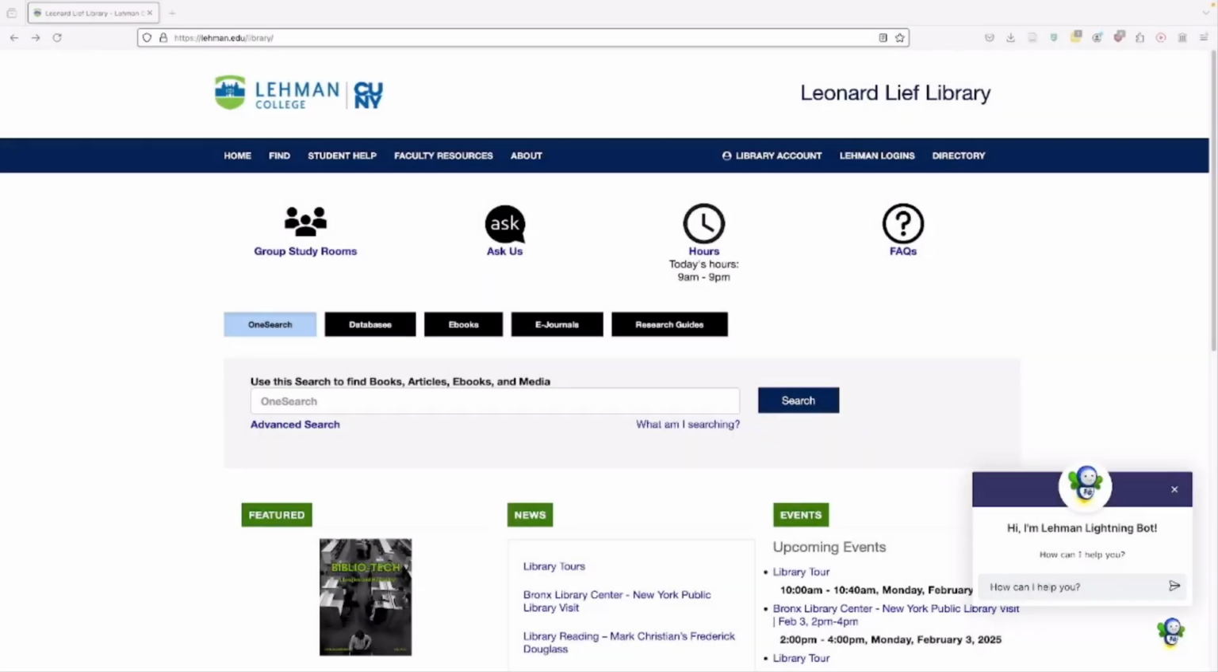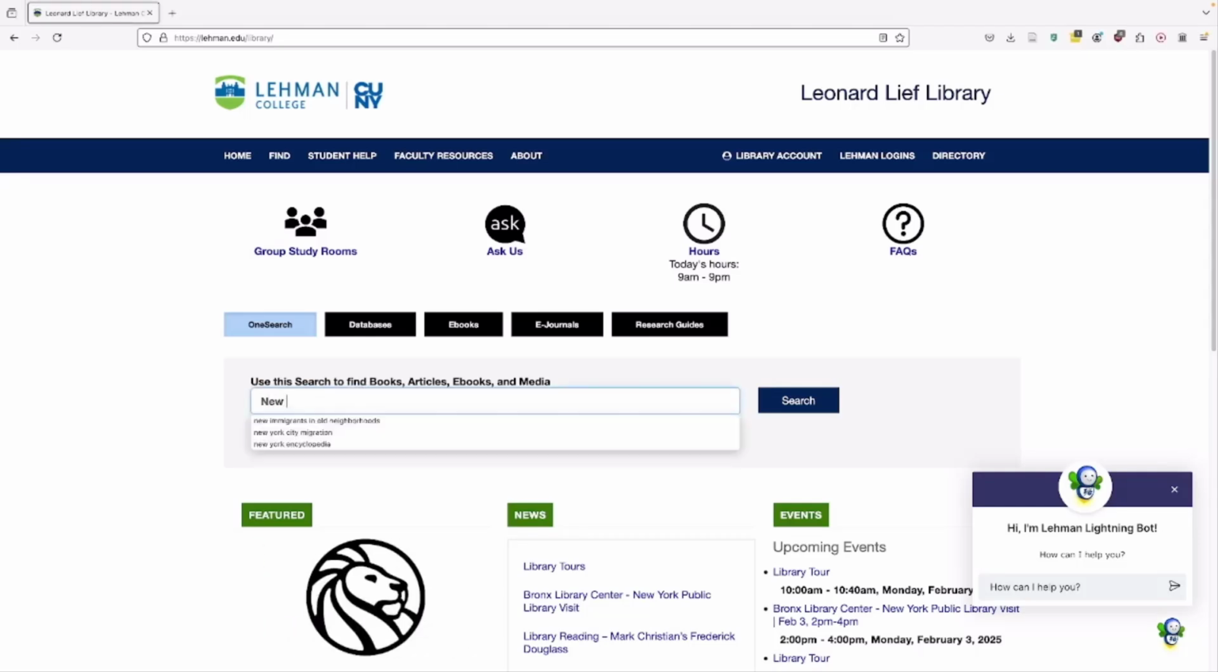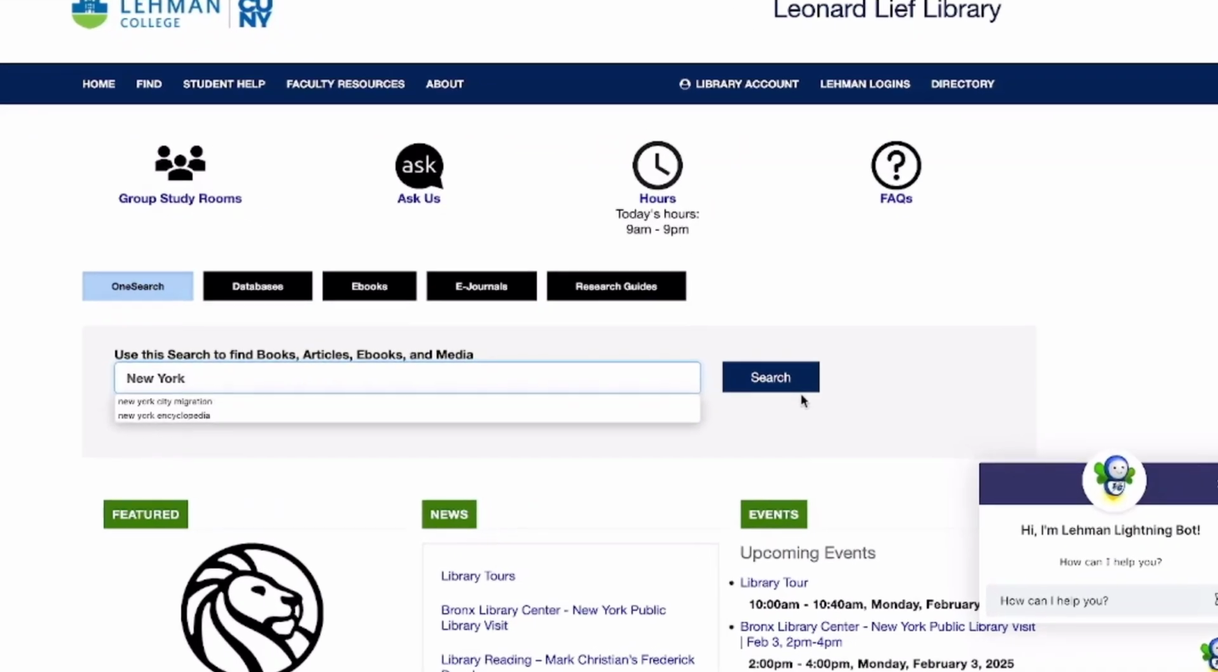Have you ever wondered what it means on the Lehman College Leonard Leaf Library homepage when it says that you can use OneSearch to search for books, articles, ebooks, and media? Well, it means you can search for a lot of different things. I'm going to start with a search for things about New York, and I'm going to type in my term